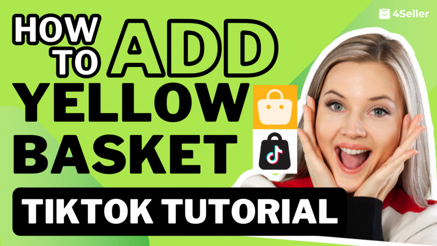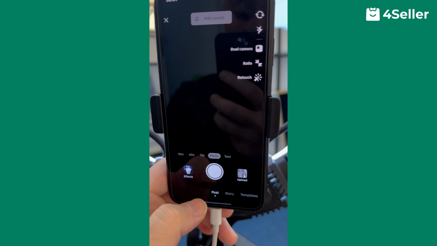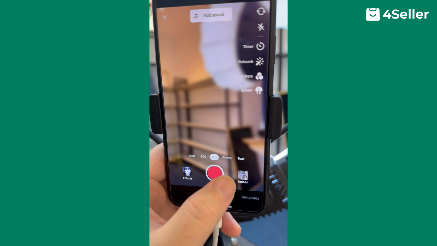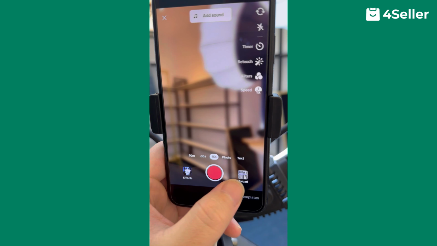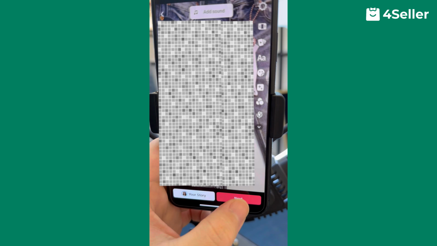This video will demonstrate how to add yellow basket in TikTok video. Go on your TikTok shop and tap on the plus icon and proceed with uploading any video on here. So I'm going to go ahead and upload a video recorded before and proceed with tapping on next, and then